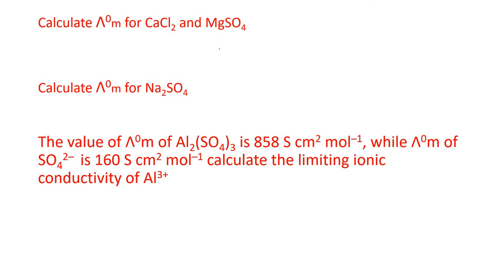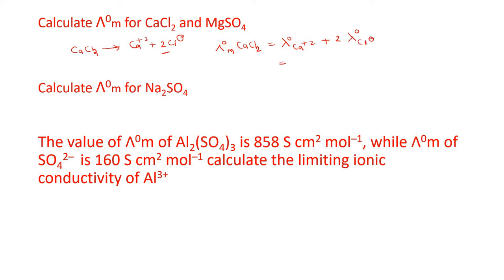Now first of all, how do we write this into the formula? How many cations are there? Only one. So lambda naught of calcium plus 2, plus how many anions are there? I am dissociating here to understand: CaCl2 dissociates into Ca plus 2 and 2Cl minus. There are 2 anions. So take here 2 into the molar conductance of Cl minus.